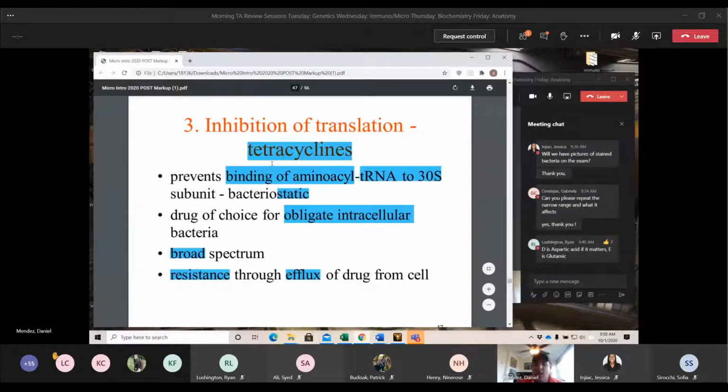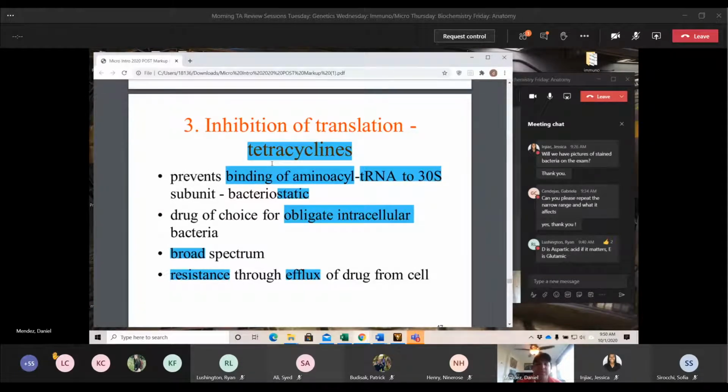Here, this is the other form of resistance that I was talking about. Efflux. We have an efflux pump. The bacteria have an efflux pump to push things out of their own cell. What they do is they increase the affinity of that pump to tetracycline. So by administering tetracycline, the tetracycline gets brought into the bacterial cell. But while it's in here, before it can activate and bind to that 30S and the tRNA, it has a very strong affinity for that efflux pump. So it gravitates to that efflux pump and it just kicks it right out. Same thing. As it comes in, it just gets pushed out.